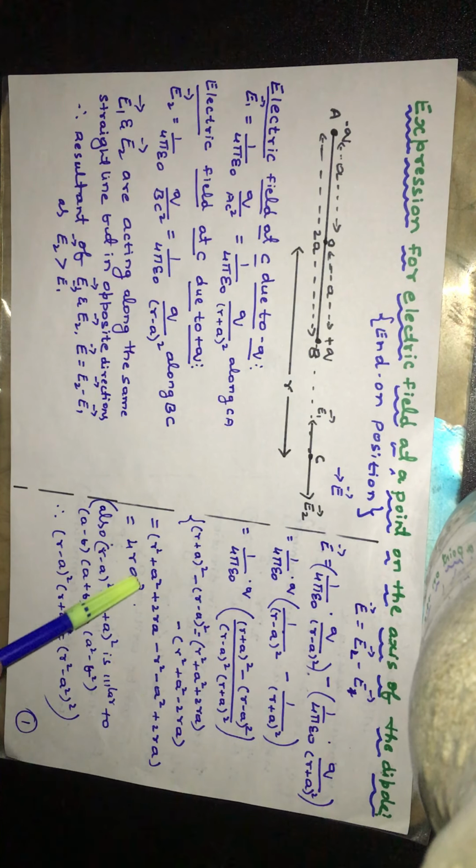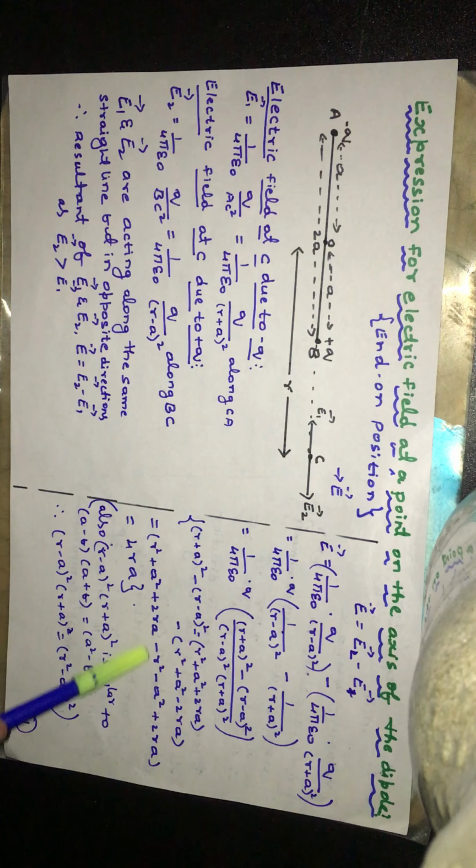So if I expand this, R square plus A square plus 2RA minus R square minus A square plus 2RA. R square gets cancelled, A square gets cancelled, 2RA and 2RA get added up, leaving behind